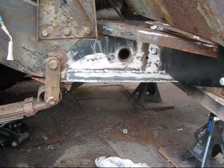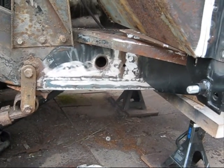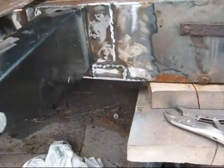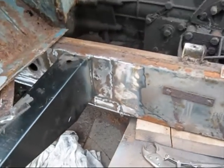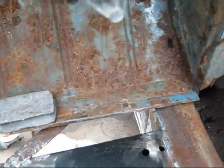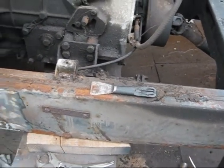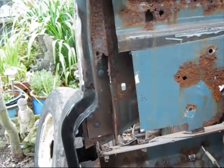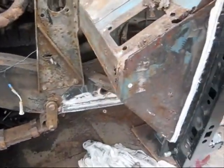Well, a little pop hole got to do, and bits and pieces, but all metal cut out, no piece put in, which is okay. It's not too bad, you know, it's solid enough. It's welded well. Got to be careful on any gas. I've just got to do the other side now. But just got to prep the other side clean and tidy. But ain't in no rush, as you can see. Still plenty to sort of get my teeth into. So there you go. But it'd be nice to get this chassis section done,